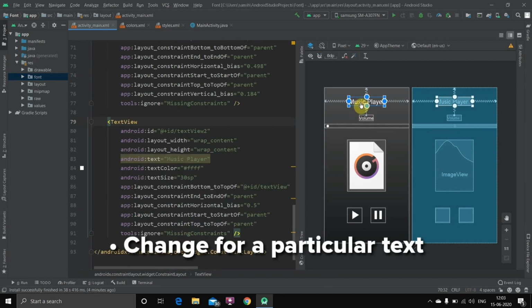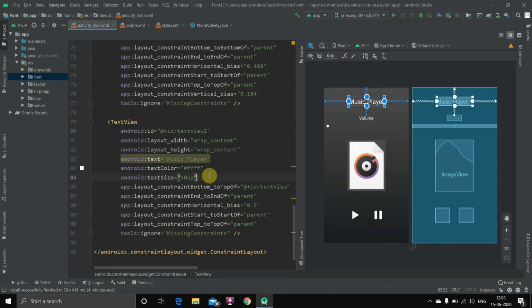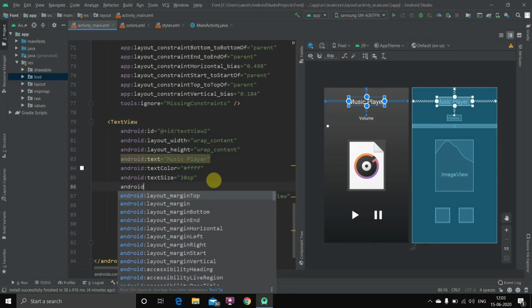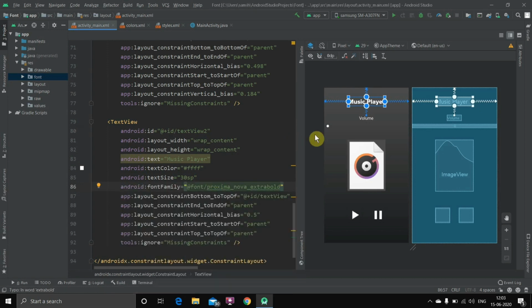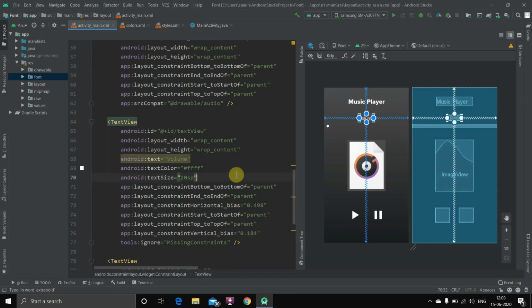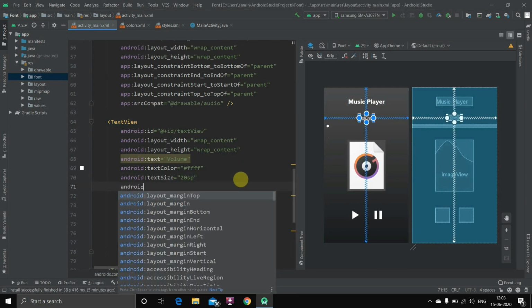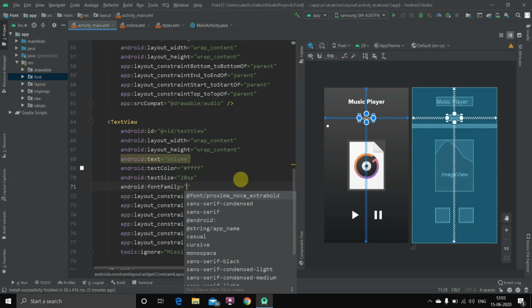So now we'll just select this one. Alright, and here we'll type android colon fontFamily and then we'll select the font. Done. See the change? Alright, second one also will apply. Same thing, android colon fontFamily and then the font.